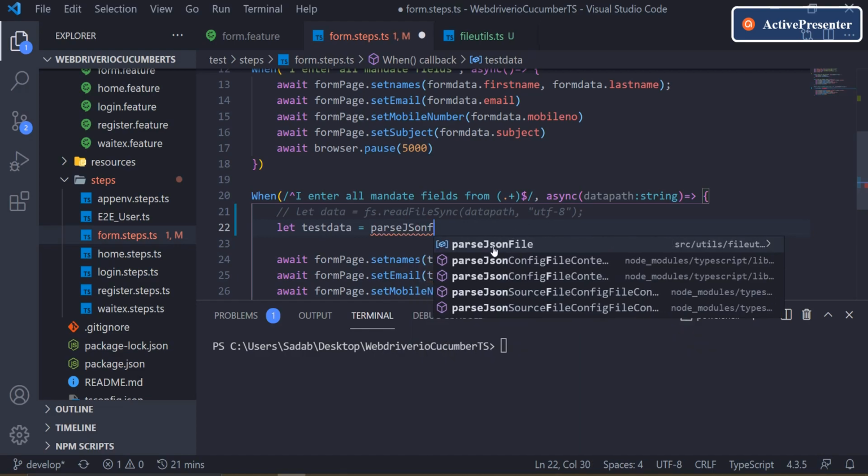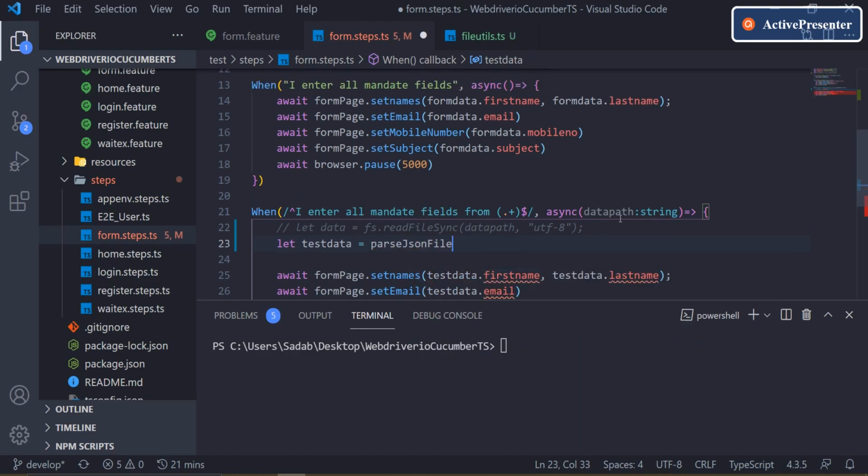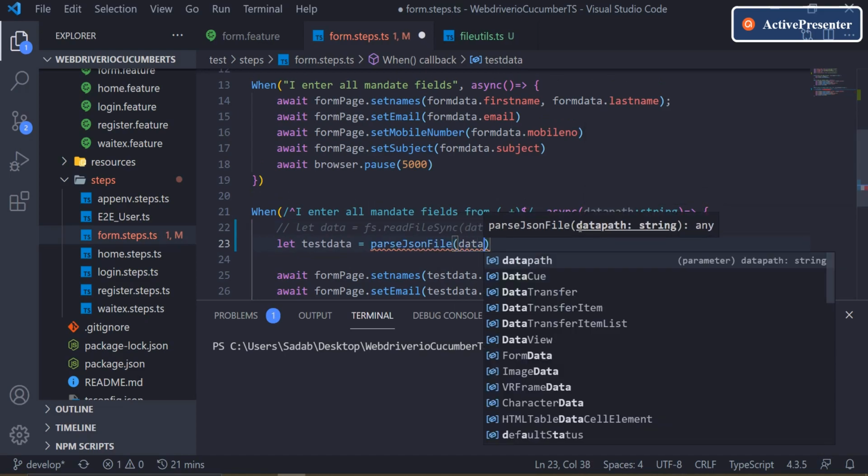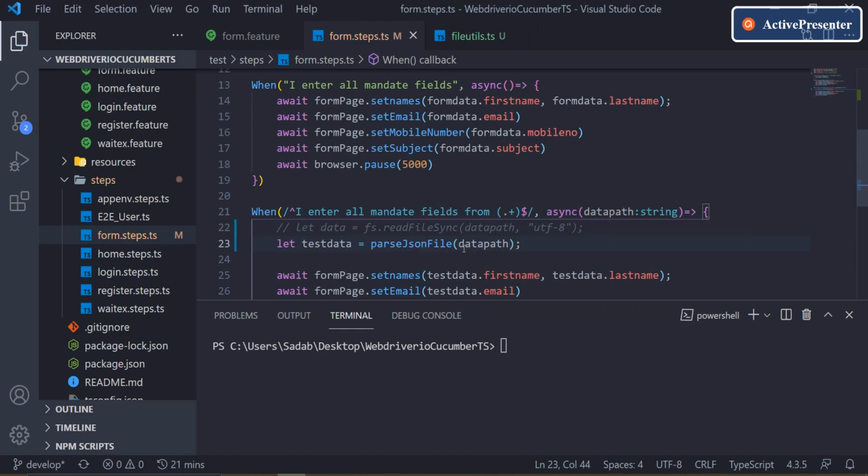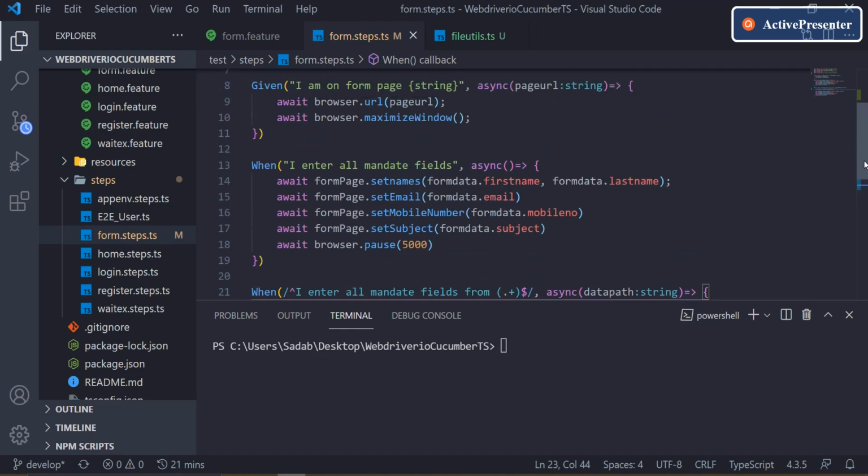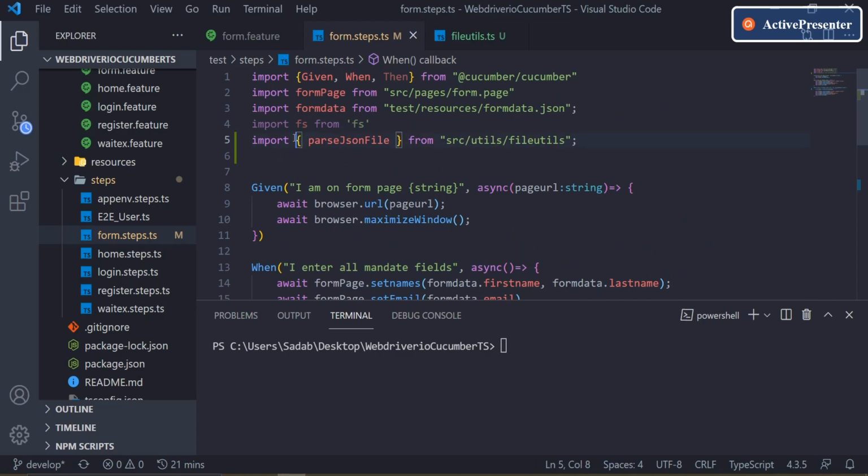See, it is giving an auto suggestion. Click on it, and it will expect one input parameter, the data path, whatever is coming from the JSON feature file, so that we are passing. Now if you look at the import, it is in curly brackets, directly the function name itself. So we don't have the class name here, it's just a function name.